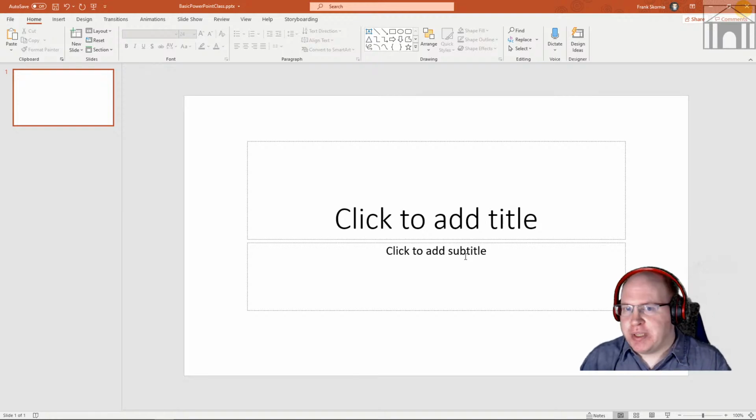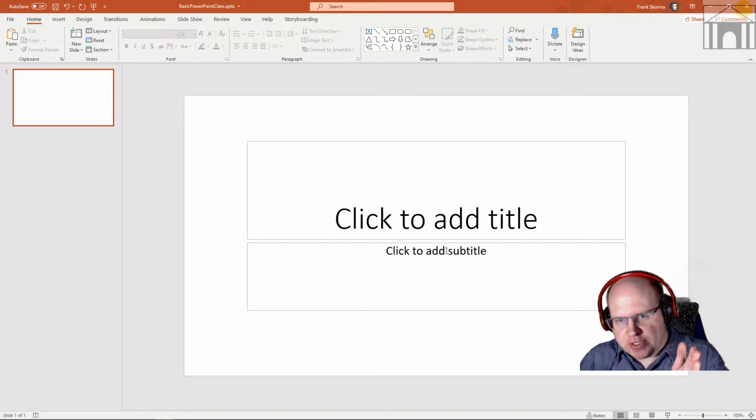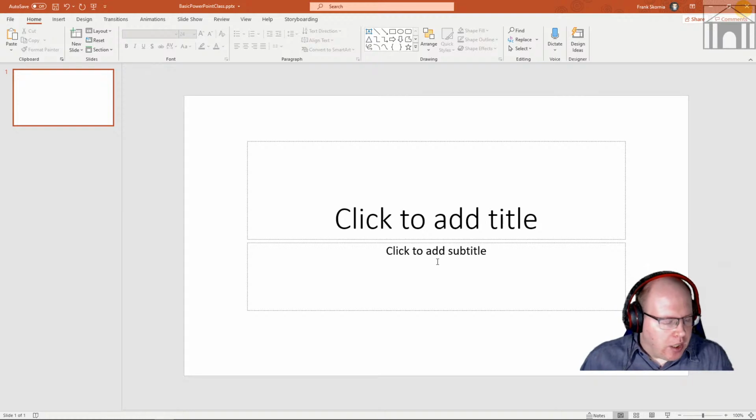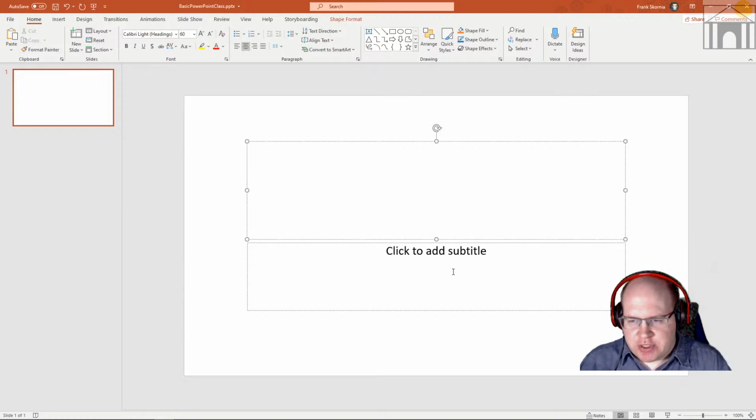Or it could be like the subtitle of a book, which is that point on a book title, like after a colon, or after an article or something. But what we're going to do here is click where it says click to add title, and you'll notice that when I click on there, the text that says click to add title disappears, but I do get this flashing cursor, which tells me that it's ready for me to start typing text into